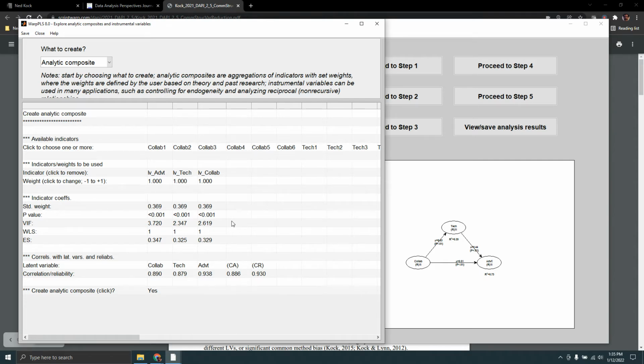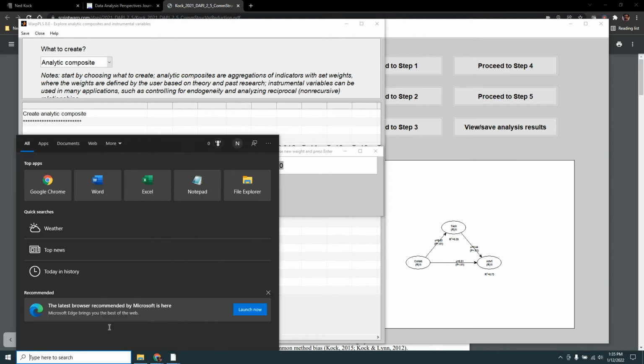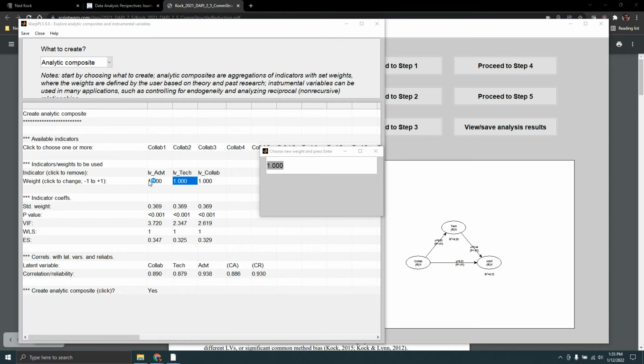And I will reduce the influence or the variation of those predictors in my analytic composite a little bit, using this one-fourth rule, which is essentially that I'll use one-fourth of these path coefficients, and just to have them correctly set up,